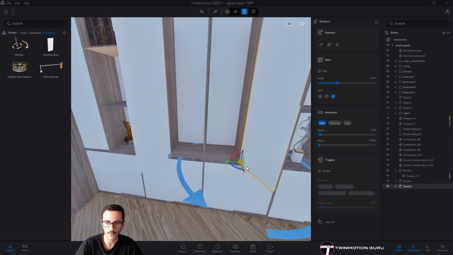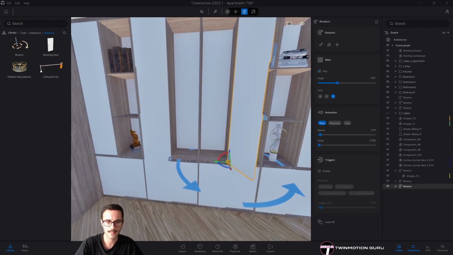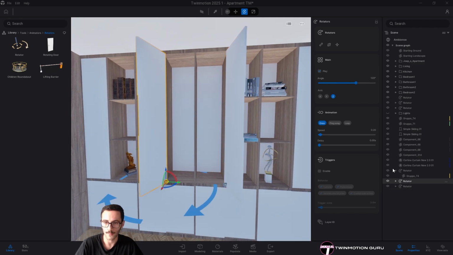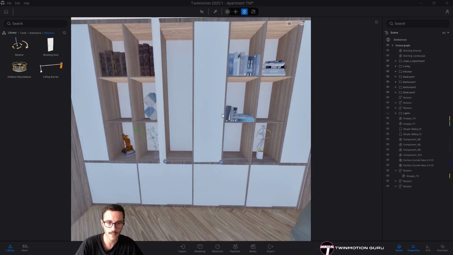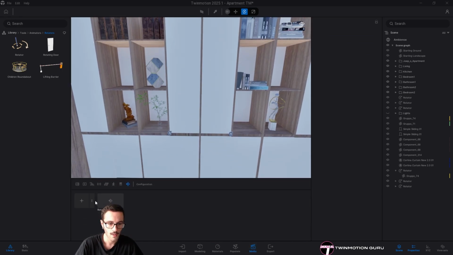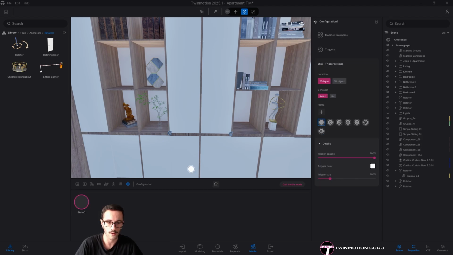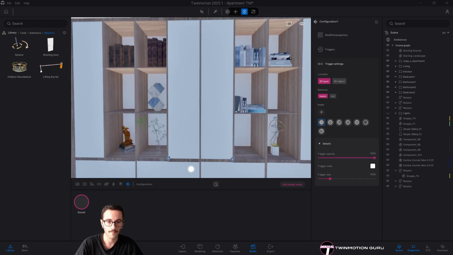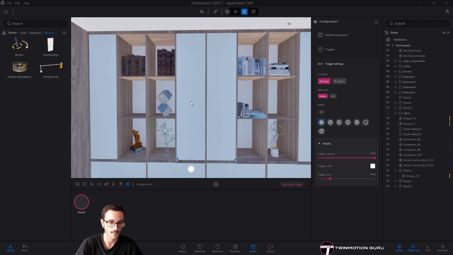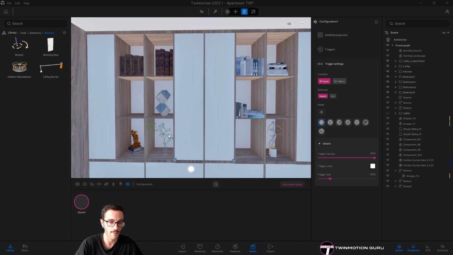Okay, and as done for the doors before, I have to click on the play button on each one of them to deactivate them, and in the media mode, always with the properties activated, I'm clicking again on the plus icon. And from now on, I'm just creating the configurator for the first door.